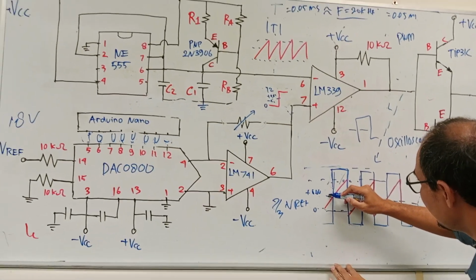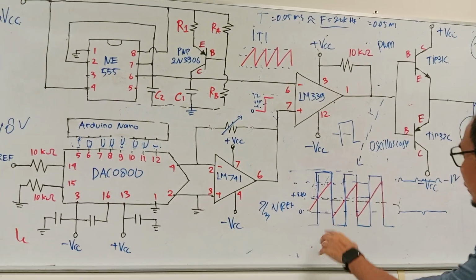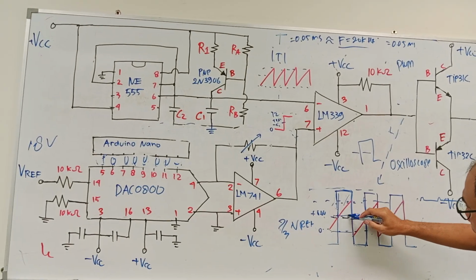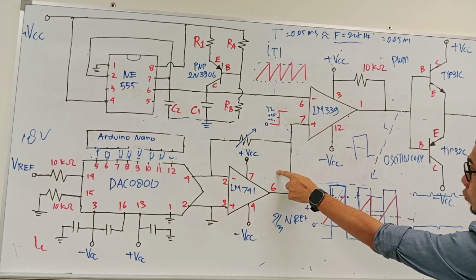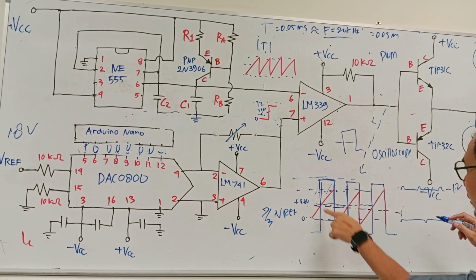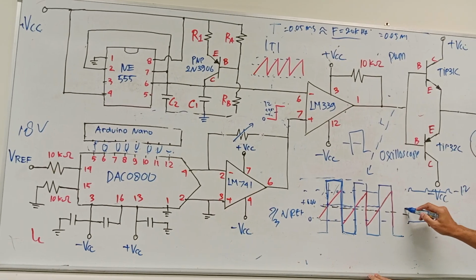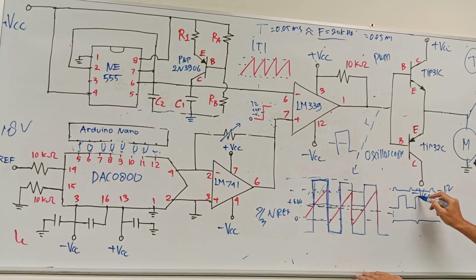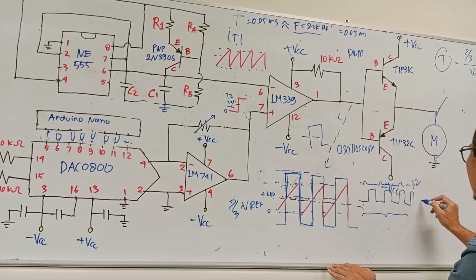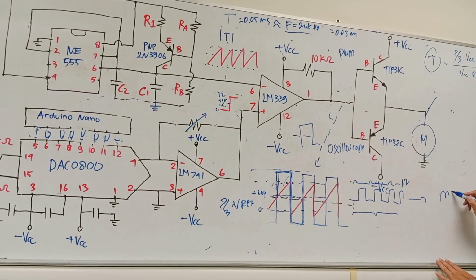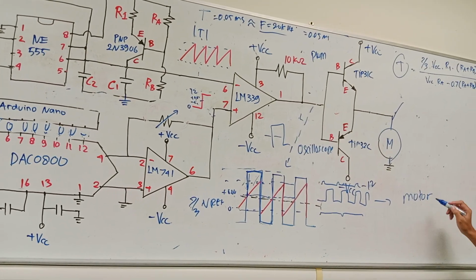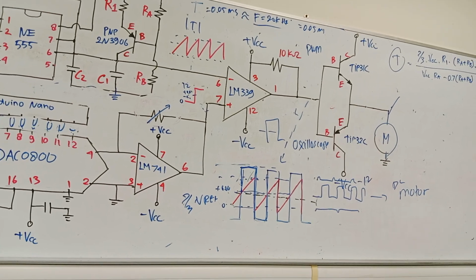It will be here in the middle, and you can see the intersection of the voltage coming from part 2, and then the sawtooth will produce the PWM signal here. So this will be like this. And this PWM signal will control the motor later on in our project, in our DC motor. Okay, so this is okay.